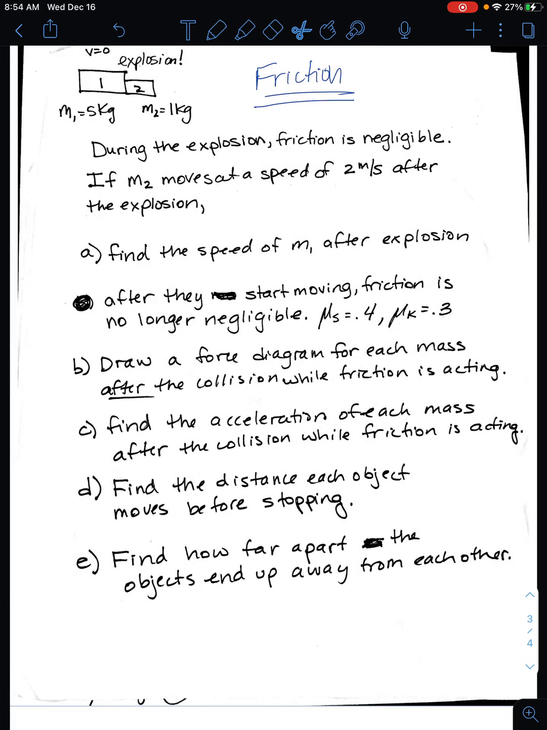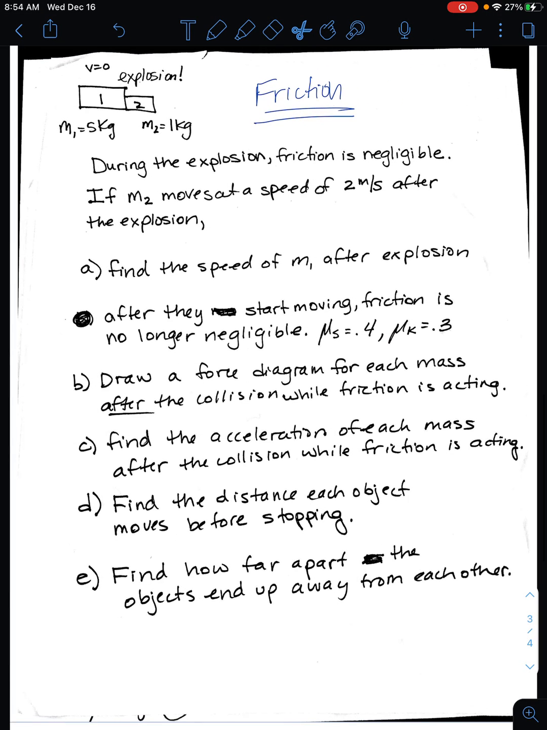Alright, we are going to go over this explosion problem with momentum and then friction. During the explosion, friction is negligible. Negligible means do not use it, do not include it; the force of friction is equal to 0. If m2 moves at a speed of 2 meters per second after the explosion, find the speed of m1 after